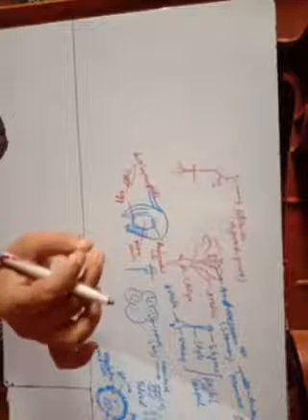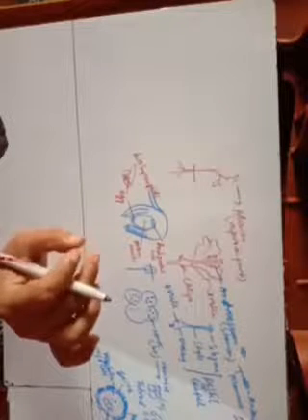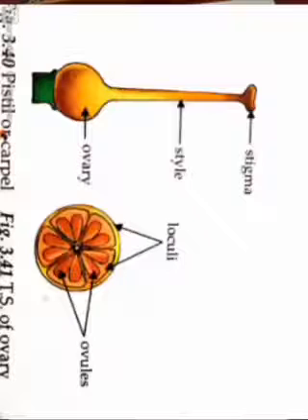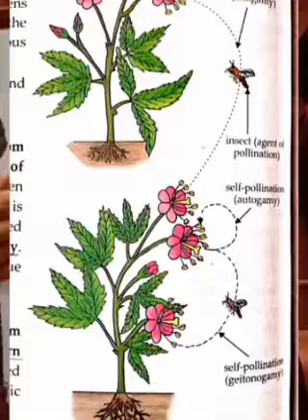The ovary may contain more than one ovule, and the arrangement of the ovules with the wall of the ovary is the placentation. These are things that we will see in upcoming videos. But here we get to know that the male gametophyte is the pollen grain, and the female gametophyte is the embryo sac, and the egg is present. After that, you see how fertilization takes place.